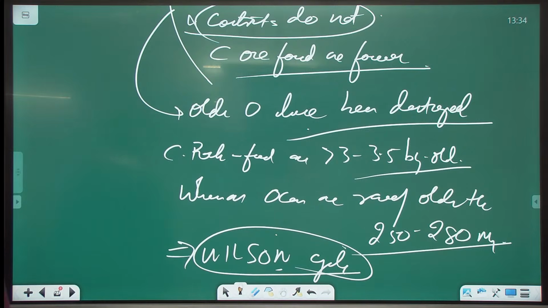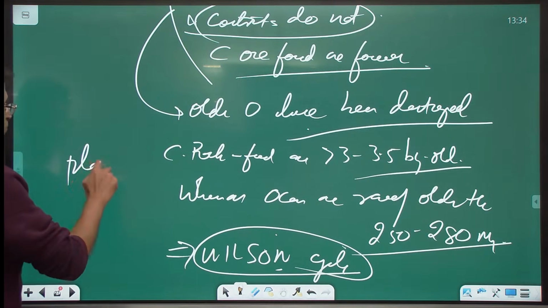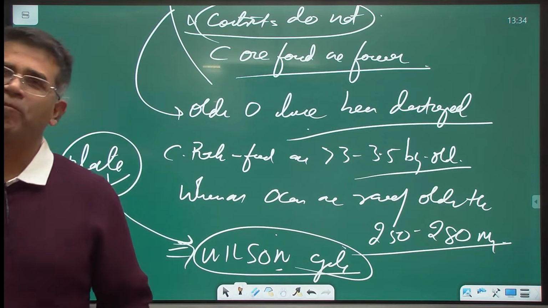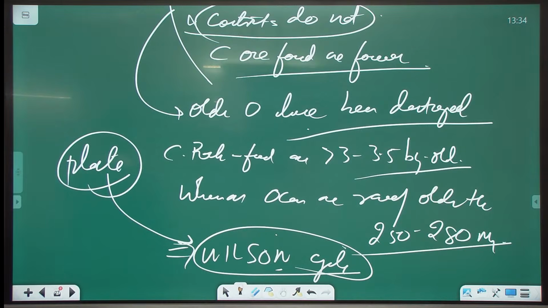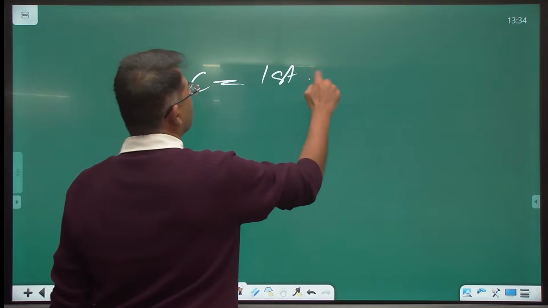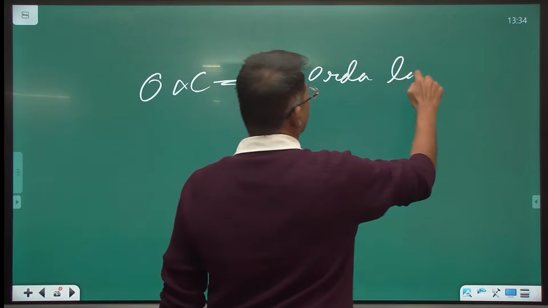Yes, the same Wilson, the man who coined the word plate. Okay, जो हम बोलते हैं tectonic plate बोलते हैं, somebody must have coined the word plate. जो नामकरण किया था, ये विल्सन जी ने किया था. Yes, yes, Sanjay Sri, don't go that route. Okay, the process called as Wilson cycle. Okay, so I hope you understand now when I'm saying that the oceans and continents are first order landforms.